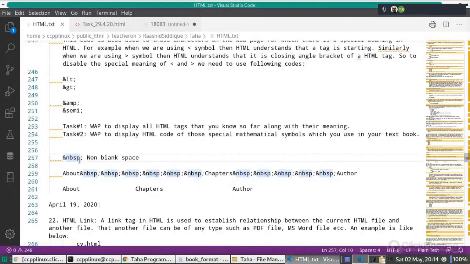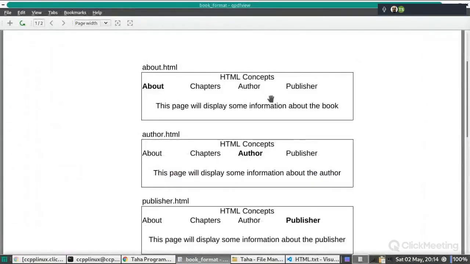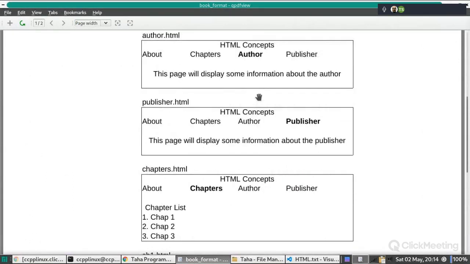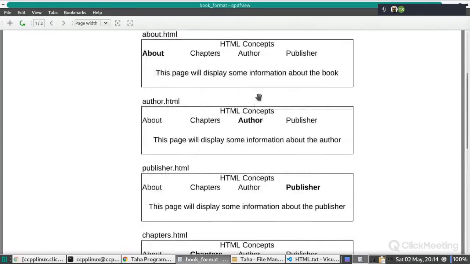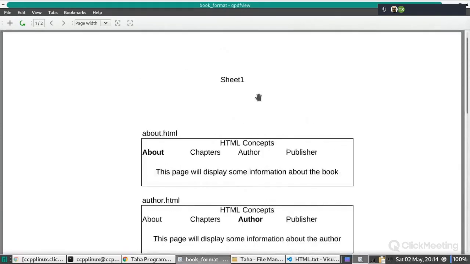Do you understand? Yeah. So should I create the first file for you now? This one, about.html. Yeah, if you can create one of this and show us how you would write the code. You have seen ours, right? Now show us yours. Because if we can create one, then we can create all the others, no? Yes. So actually, this is very simple because we are only using this header, then this menu, and then this is the content.